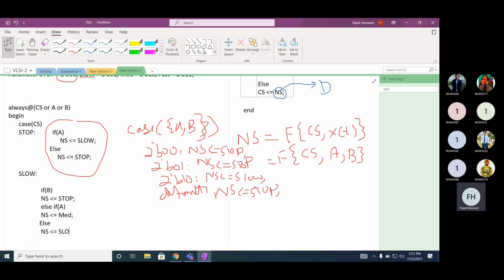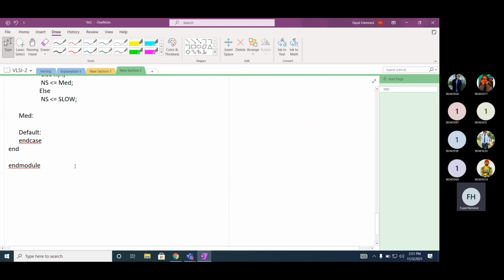Yes, slow. You're completely right. So you can have the code. Can you write the code for the medium and default? It's also already in the notes. You can go through them and you can have a complete code for it. Similarly, we can also have a very short code for the vending machine. If you remember the vending machine example, I will also write the code for it.